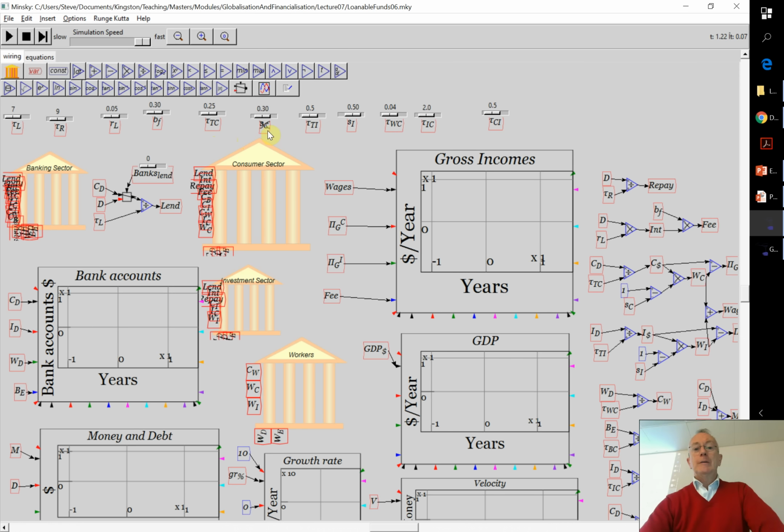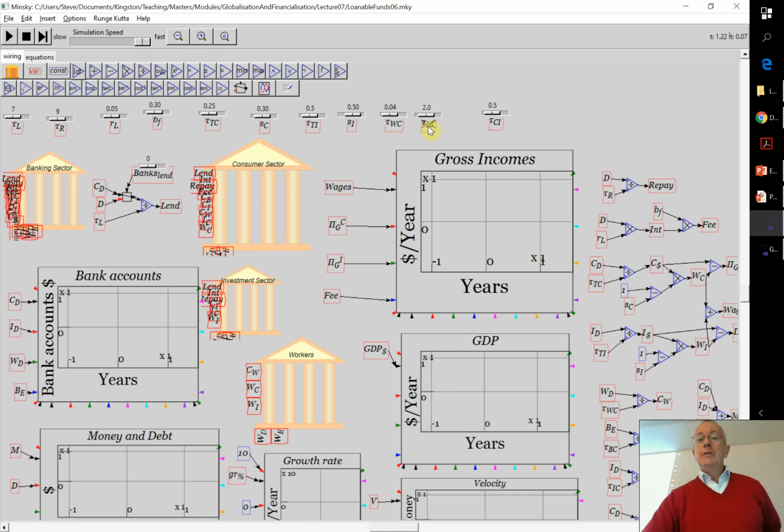That's the share of surplus going to the consumer sector, that's the turnover rate for the investment sector, share of investment output going to the capitalists in the investment sector, and workers' consumption, which is 0.04 of a year, pretty close to a fortnight. If workers spent their money, they'd run out of money in a fortnight to a month, so that's why it's a low number.